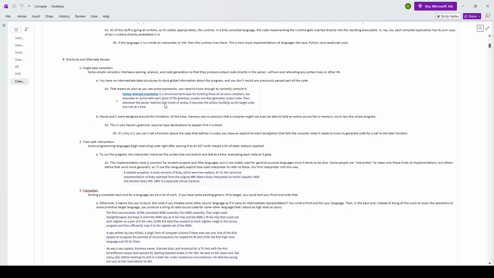So you don't create meaning out of those combinations of expressions or the control flow of the program. So it's a simple compiler, a fast compiler, and because it's simple, you can't do much with it. Syntax-directed translation is a structured technique for building these all-at-once compilers. You associate an action with each piece of the grammar, usually one that generates output code. Then, whenever the parser matches that chunk of syntax, it executes the action, building up the target code one rule